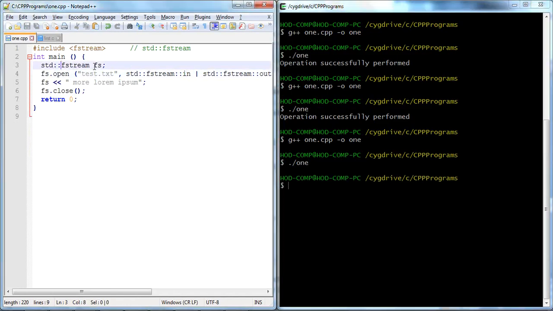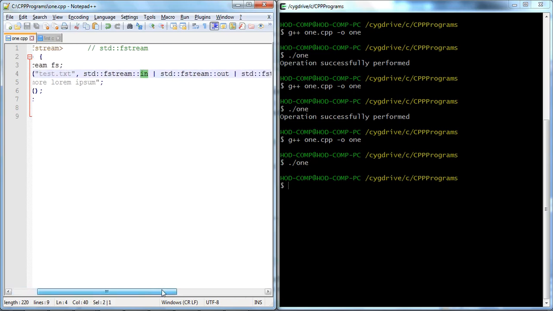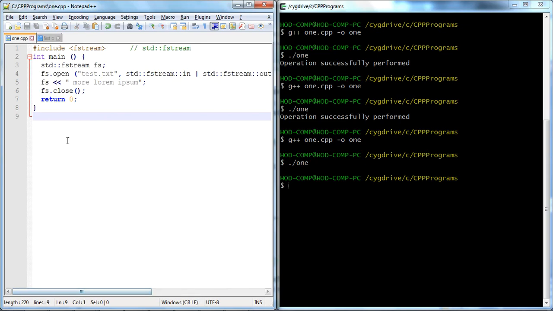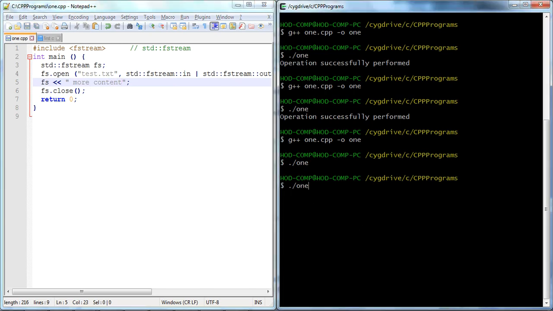Create the object of the file stream fs, then fs opens the file with the name of the file, in read mode, in write mode, and in append mode. Because of append mode, the cursor goes to the end of the file and then it writes more content; these two words are attached at the end of the file.